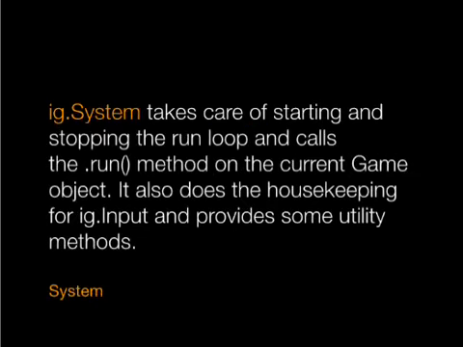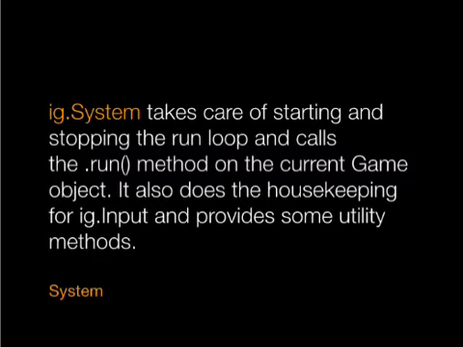The system class is the main class that runs the game loop. If you're not familiar with game engines, there's always a constant loop. You define the frame rate, and the system's job is to make sure that the game is running at that frame rate or that it drops frames where possible. So this just handles that, and if you need to pause the game, you can call system and tell it to pause it. It also has some utility methods for helping with setup, input, and other parts of the framework.